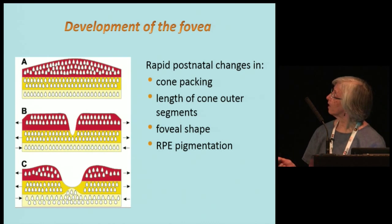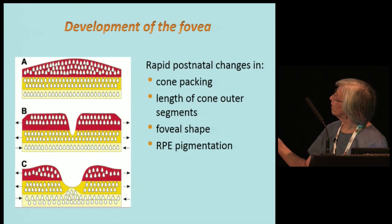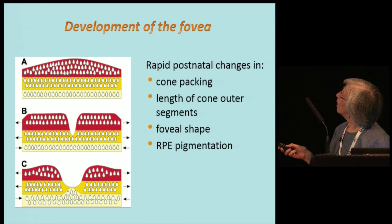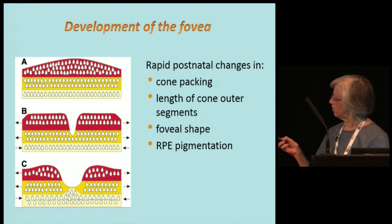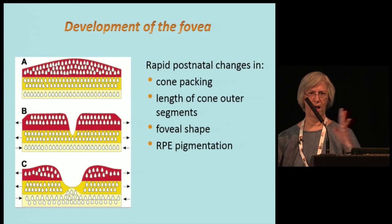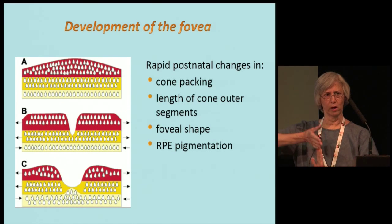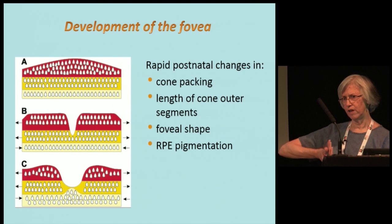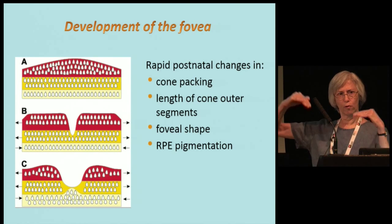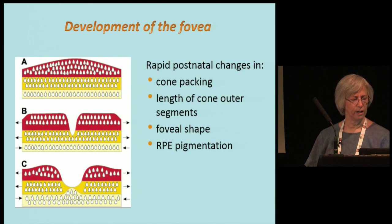And this little schematic shows the photoreceptor layer and then the bipolar and ganglion cell layer in an immature eye at or a little bit before birth. And postnatally, there are very rapid changes in the cone packing. So cone photoreceptors are moving in toward the center, packing tighter and tighter. They start out short, stubby, and fat, and as they pack inward, they get long and skinny. So the length of the outer segments of the photoreceptors gets longer and longer, and there's the formation of the foveal pit. The word fovea, of course, means pit. Changes in RPE pigmentation, and